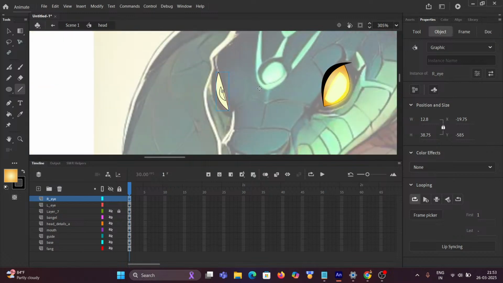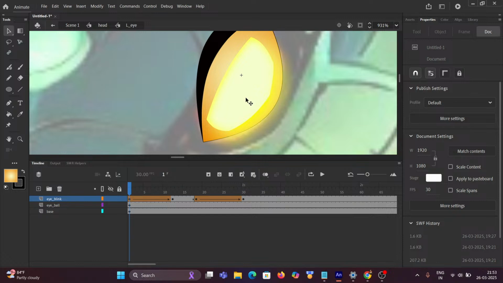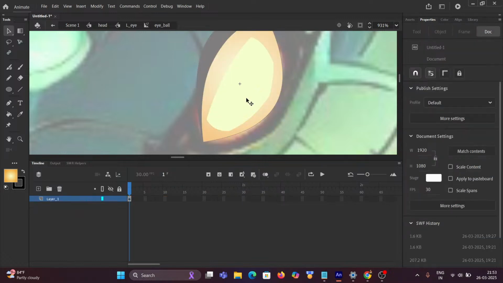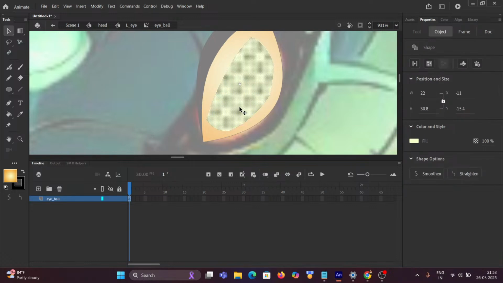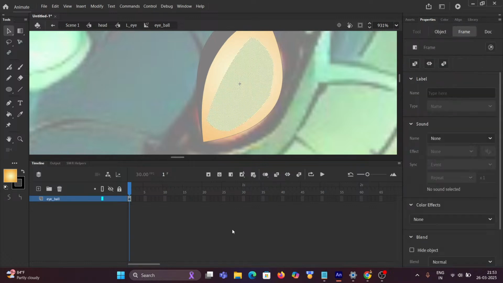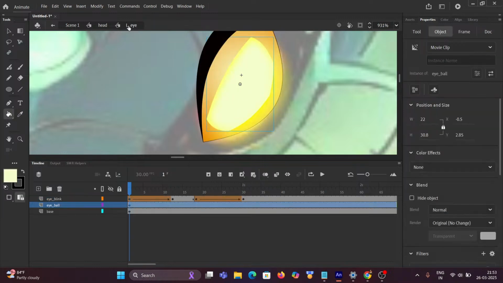Going back and selecting this eyeball. Let me rename this as eyeball. Right, I will select this and copy this. Going back,